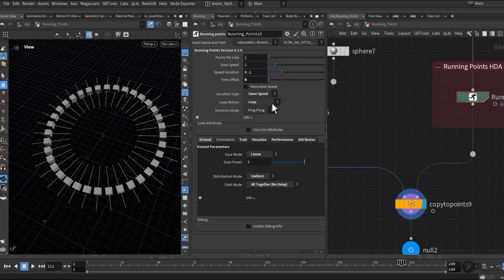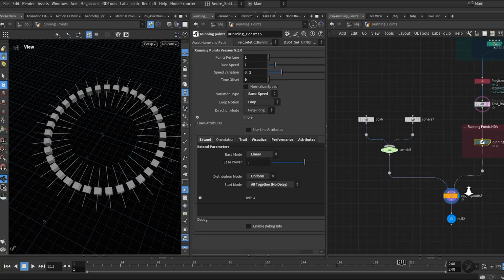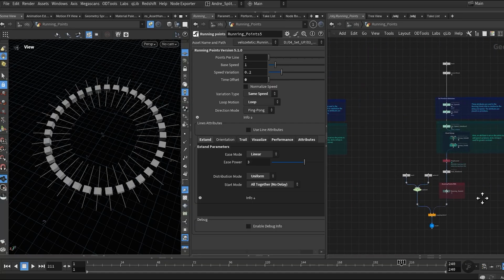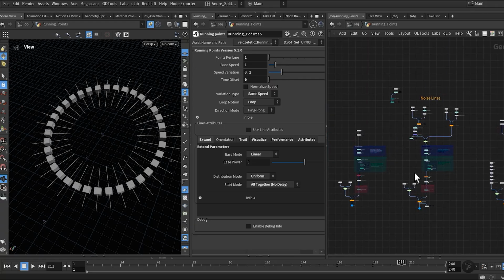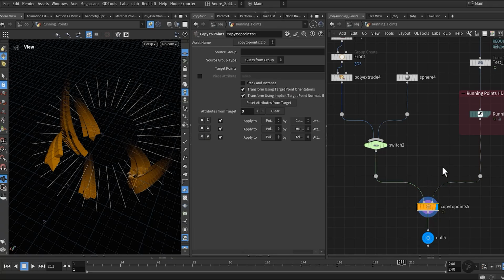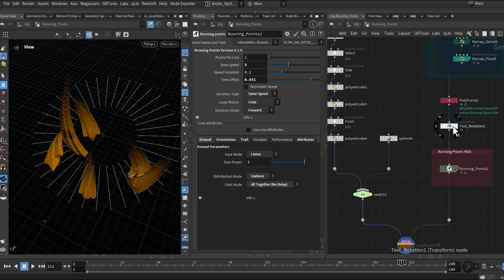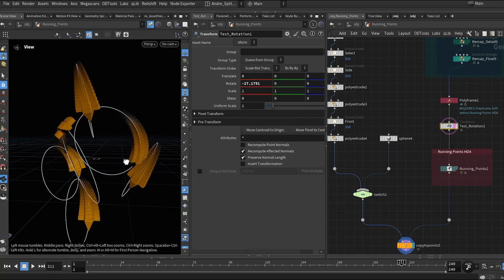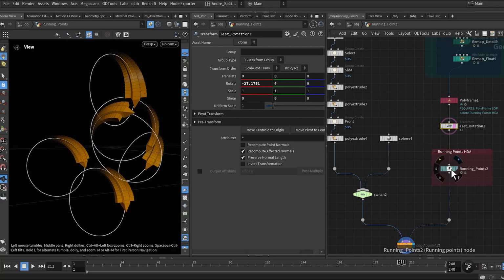Loop motion. Here you decide how the points will move: without looping, with looping, or in ping-pong style. The difference is easy to see if you run a point along a circle. I have a different setup for a circle running. Okay. Now you can see